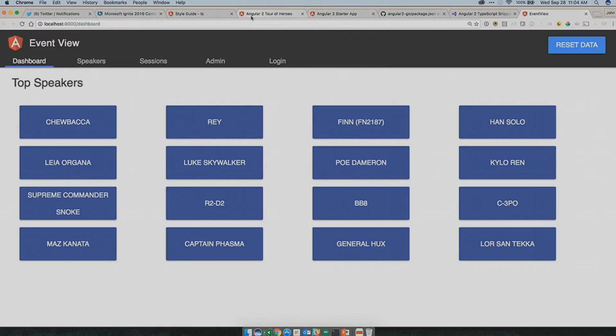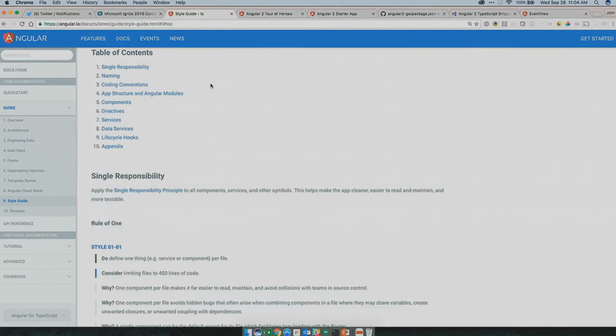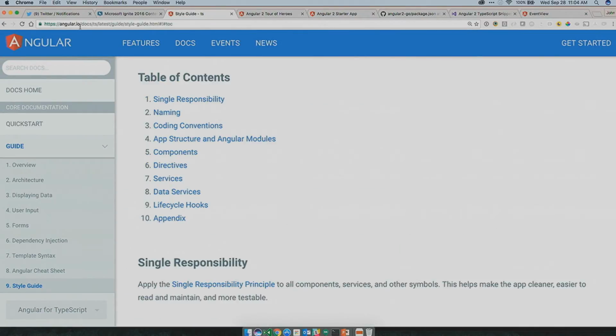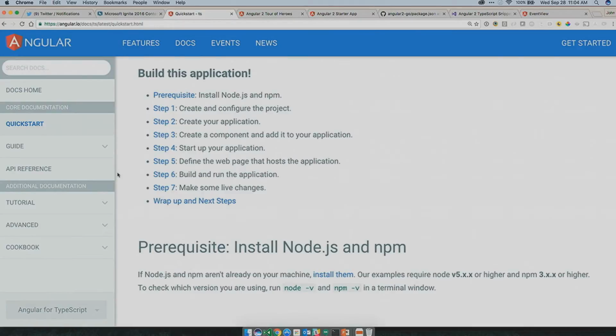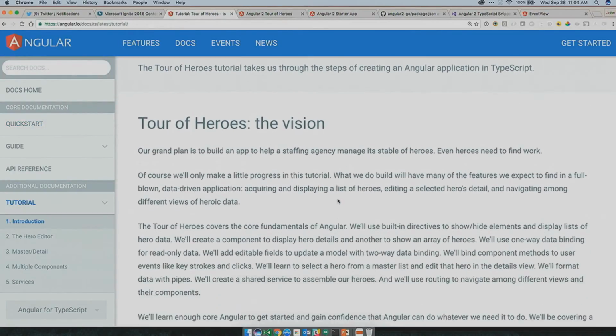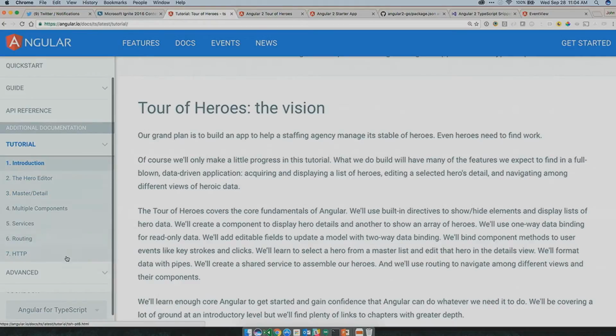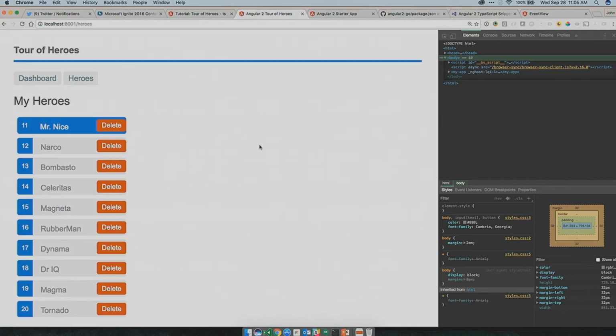So if you go to the Angular.io webpage, up here at angular.io, they have a quick start, which is right here. And you can follow through that, and you'll see kind of how to create a basic, simple app. And then there's a tutorial, which I helped author, which is a couple different steps to building what we call the Tour of Heroes. It's a fictitious set of heroes that are out to save the world. And you're building an Angular app to kind of show these heroes how they can find work. Because heroes need work, so it's like a job board for heroes.